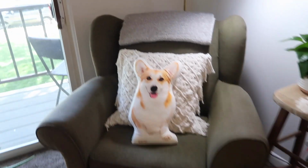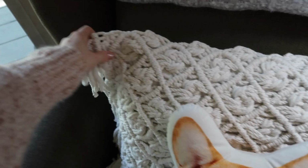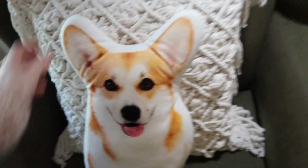And then I switched out the more fall looking blanket that was here for this white one, because I think it just looks so pretty, and I got this in a FabFitFun box. Then I have my macrame pillow from TJ Maxx, my little cork pillow that I bought on Poshmark, and I